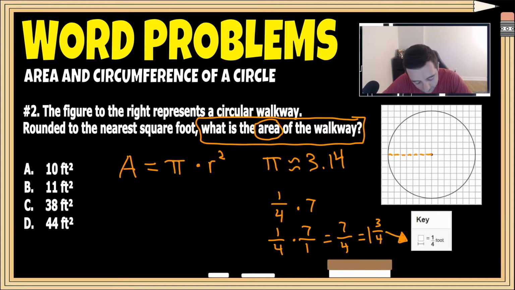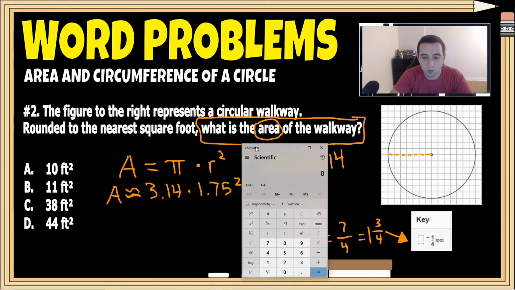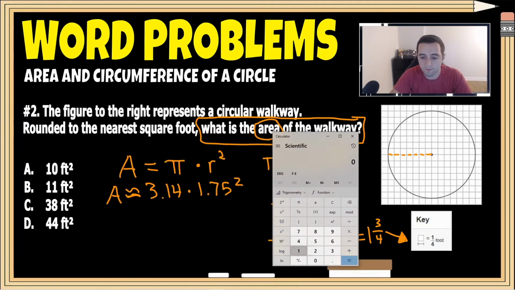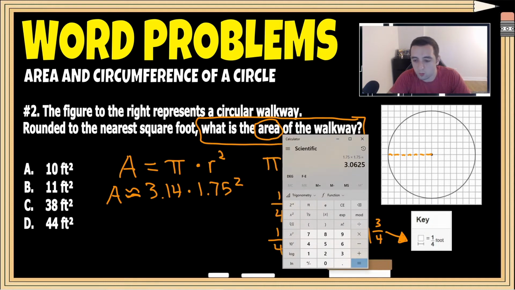So let's go ahead and solve this. So area is approximately, again, not using the exact value for pi, we have 3.14 times the radius, and I'm just going to change it to a decimal to make it the same as pi, because that's a decimal as well, which is 1.75 squared. Now, utilizing order of operations, once again, we'll do the exponent first. So 1.75 times 1.75, we end up getting 3, and we'll just go to the hundreds place, so 3.06. So area is approximately